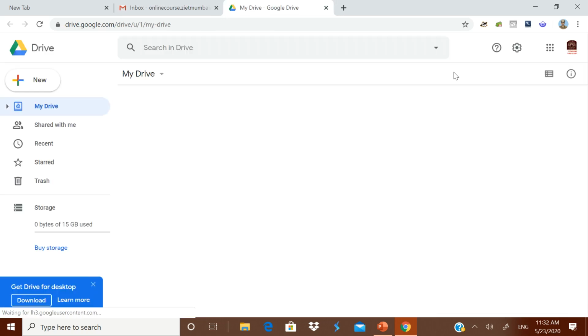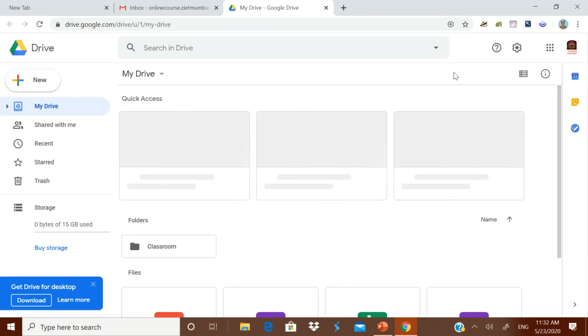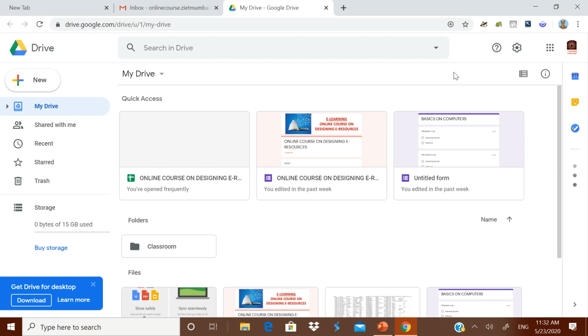Now this drive will show whatever the files and anything you have stored there, and here it will tell you how much storage is left out. Suppose if the storage goes beyond 80%, it will give you a warning. Normally, it is a default setting. If it goes beyond 13 GB or so, it will tell you a warning that you have already consumed 80%, like that.